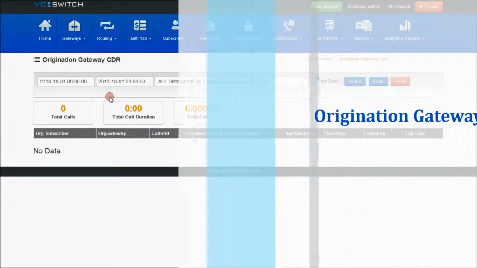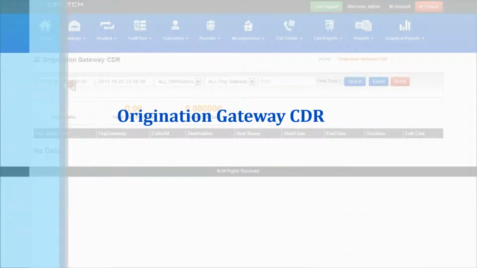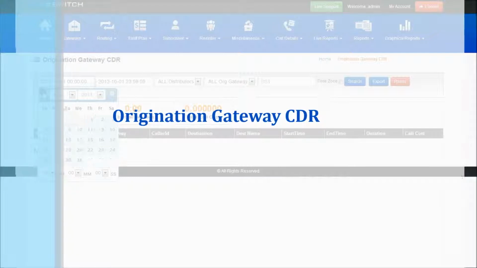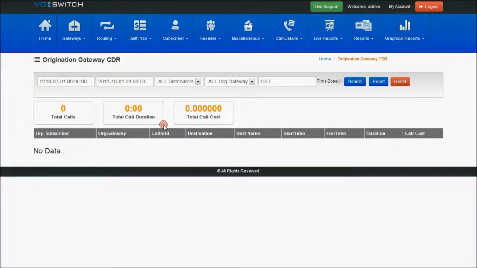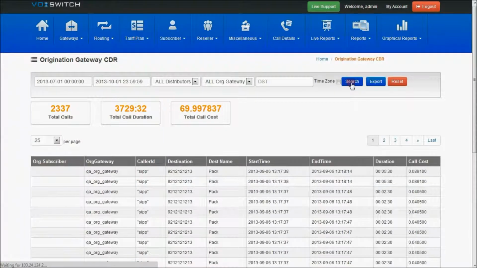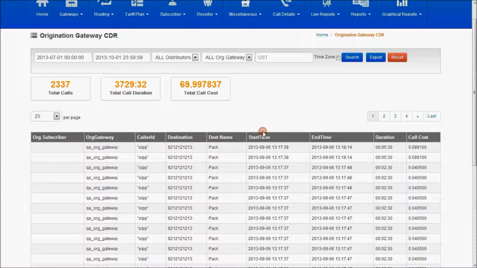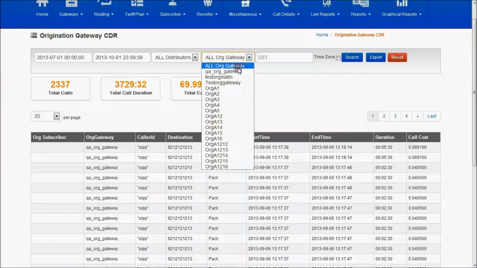Origination Gateway CDR. This is about Origination Gateway Subscriber CDR. As I already told you, presently there are no calls present in the application. This is about the calls which are initiated by the Origination Gateway subscriber.